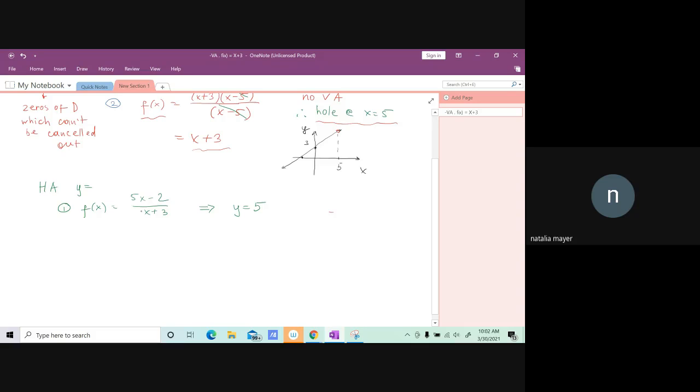So, but there is a condition. What kind of condition should be there? Is it that the exponent, like for x, has to be the same for the numerator and the denominator? What do you mean exactly? The exponent. The degree, right? Okay, degree, or the exponent. So when the degree of numerator and denominator